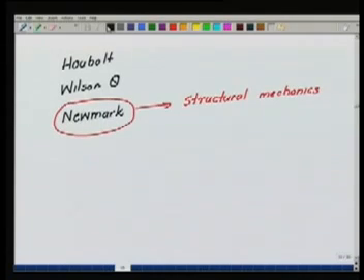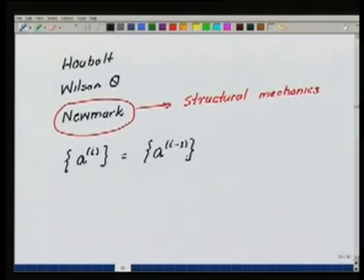So the Newmark scheme works on this principle, that the displacement vector, essentially component wise, at station I is given in terms of the displacement vector at station I minus 1, plus a part due to the velocity at station I minus 1, plus you will get